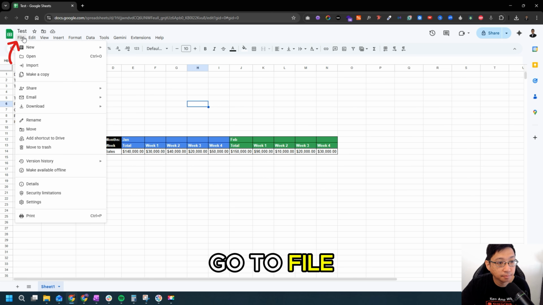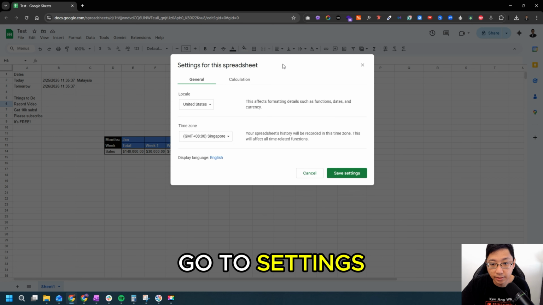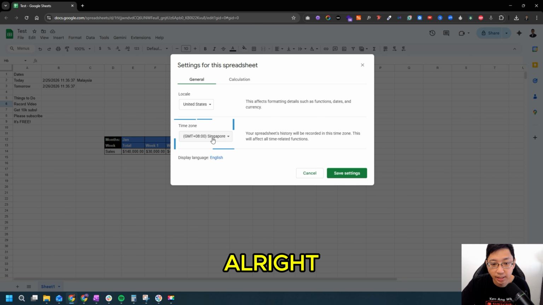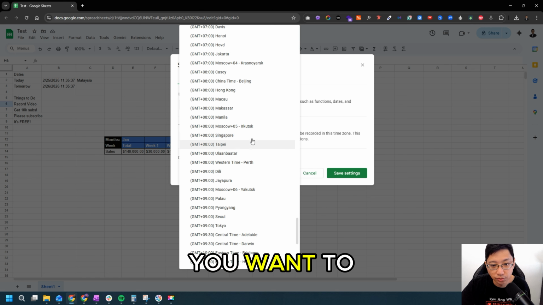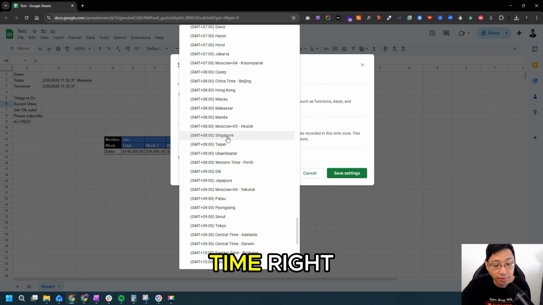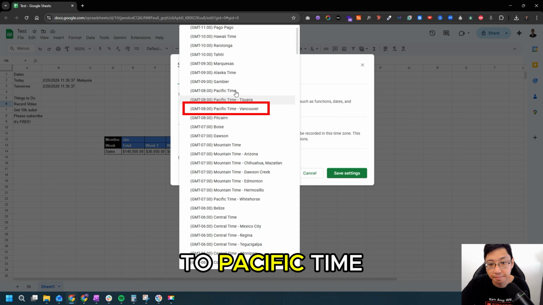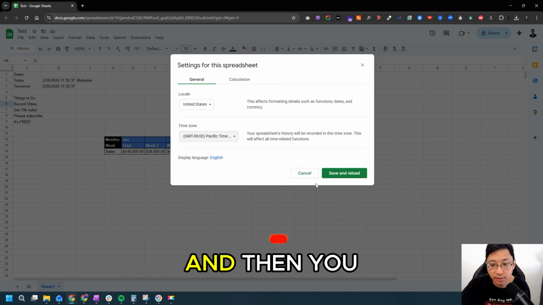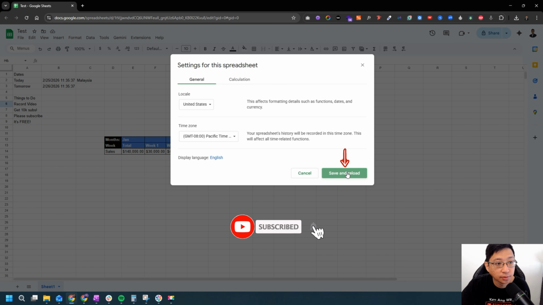Okay, go to File. Go to settings, and then you can see here time zone. Alright, so you can select whichever time zone you want to choose. For me, it's Malaysia, which is similar to Singapore. Mine is +8, but you can look at the time, right? It's 11:35 AM. What happens if I change it to, for example, Pacific time, Vancouver? Click on that, and then you can see save and reload,